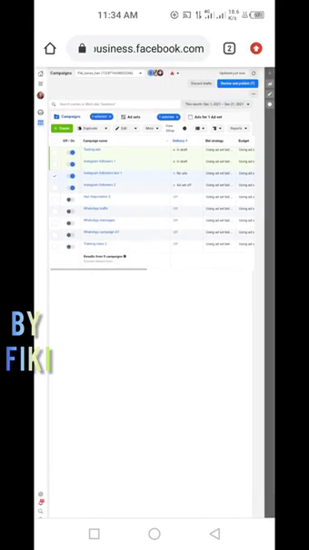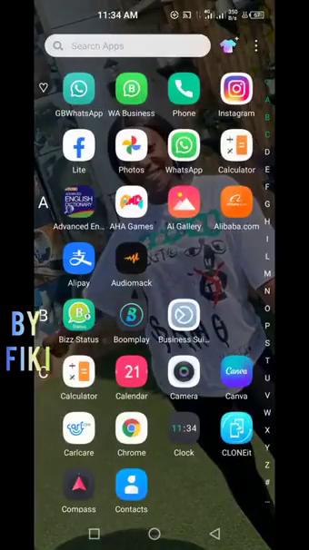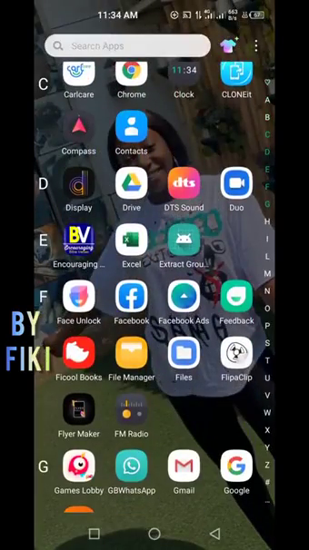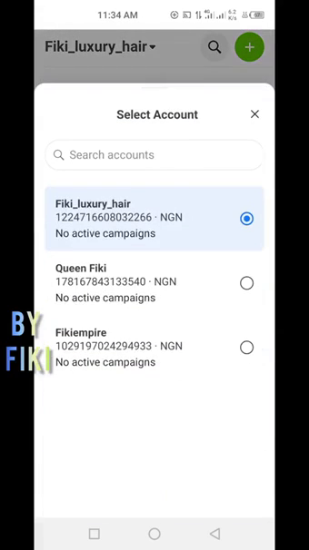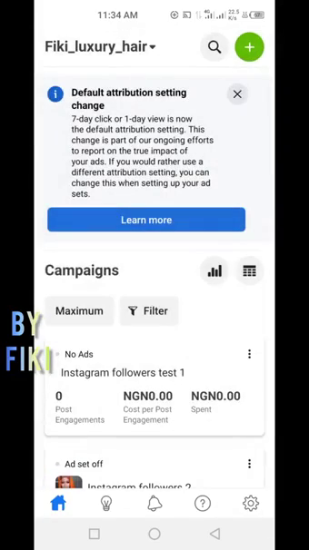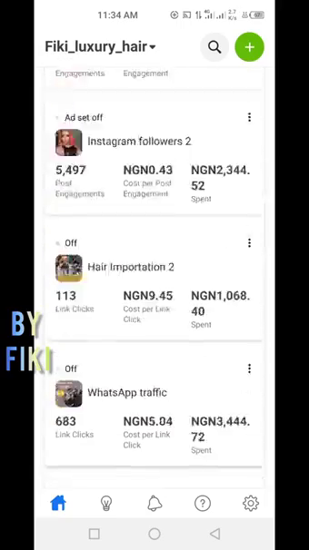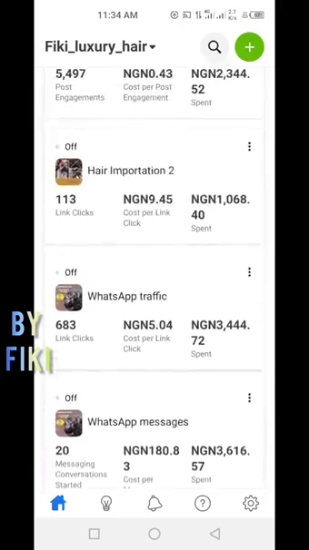So that's that, guys. And secondly, I want to show you next, instead of you coming to your Chrome browser to edit something or check the people that have seen your ads, people that are following you, or instead of you coming here doing some kind of long thing, that's where I advise you to just download this Facebook Ads Manager you're seeing here. You click on it, it opens instantly. And once it opens, if you have various accounts connected to this, it will show. So once you click on this and you open, this is how you're going to see your active campaign